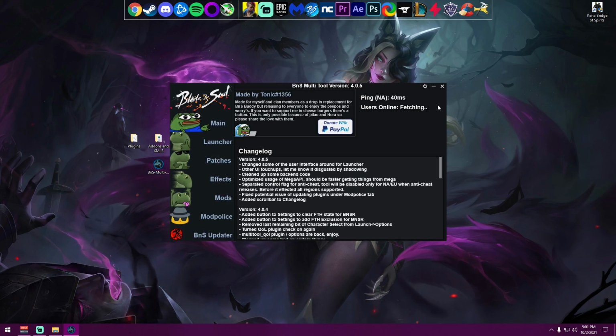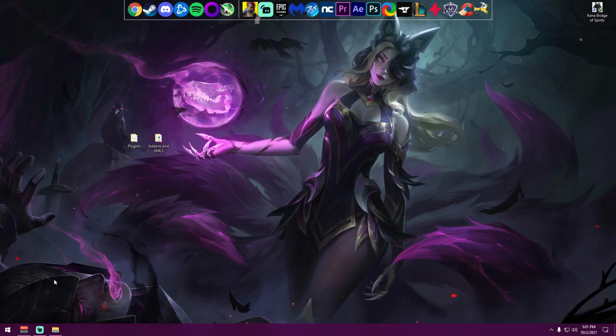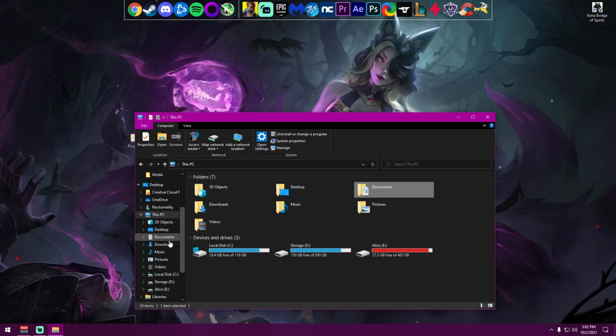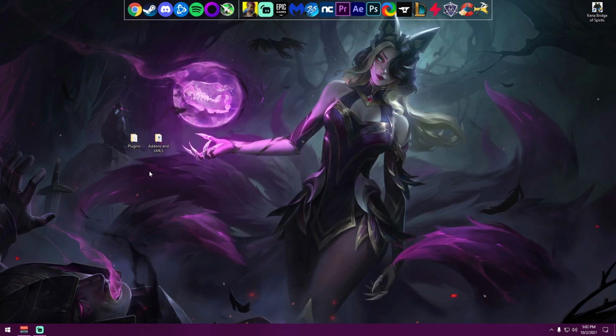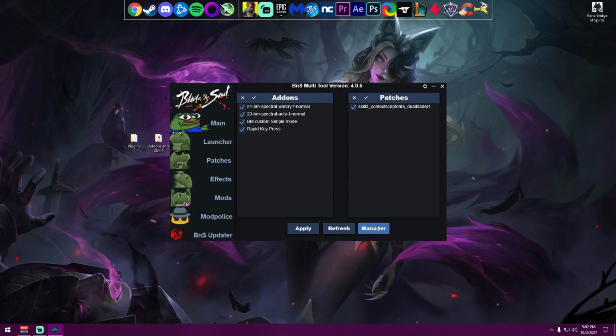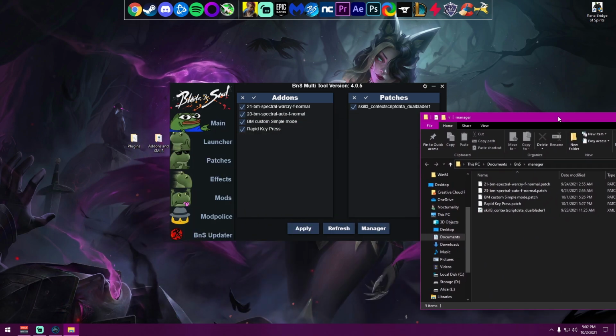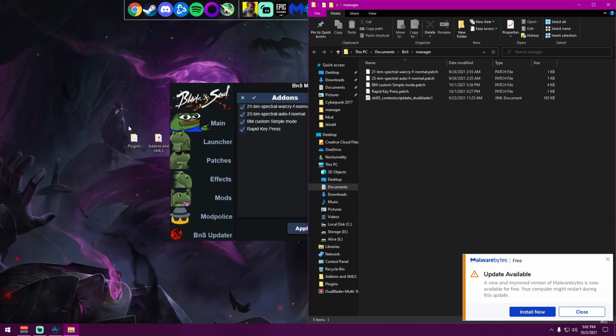So now what we're going to do, I'm going to launch my actual launcher. You're going to launch your launcher wherever you placed it. It's going to pull up just like this. Now you're going to go to Patches. You're going to go to Manager. So we're just going to put this over here to the side, just like this. And now we're going to load up our plugins,